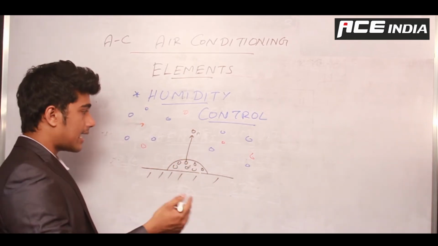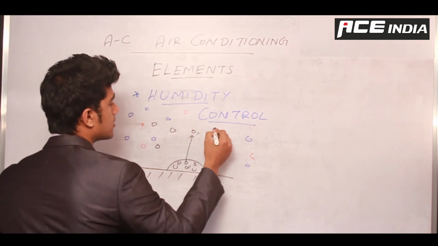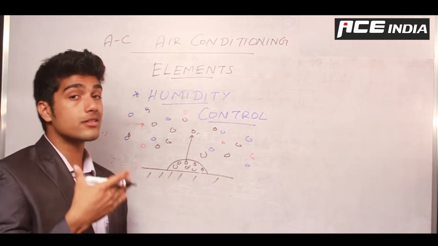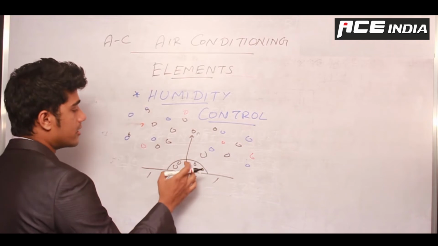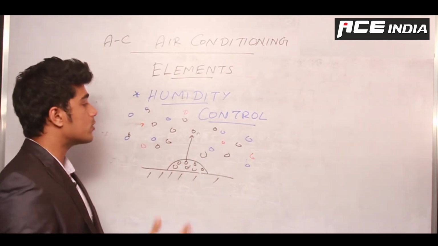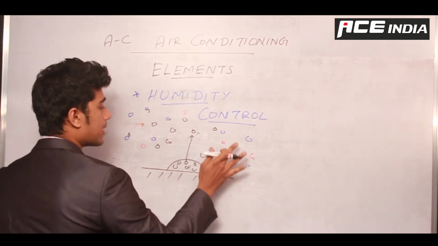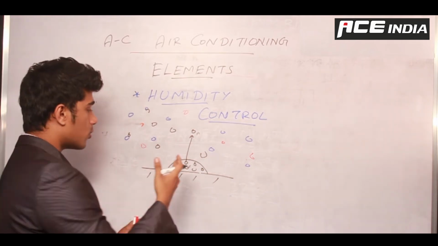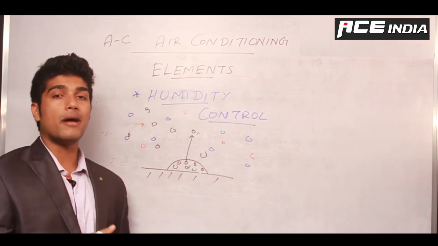So say somebody is sitting in Chennai, when this process happens, the atmosphere is already filled with 70% water vapor. 100% can be filled, 70% is already filled, and the chance of this going into atmosphere as vapor is less compared to somebody sitting in Ooty, because in Ooty the percentage of RH is only 30. That means the atmosphere is not really filled. There's a lot of space to be filled by water. So the sweating which is being evaporated into atmosphere can happen much faster than in Chennai.